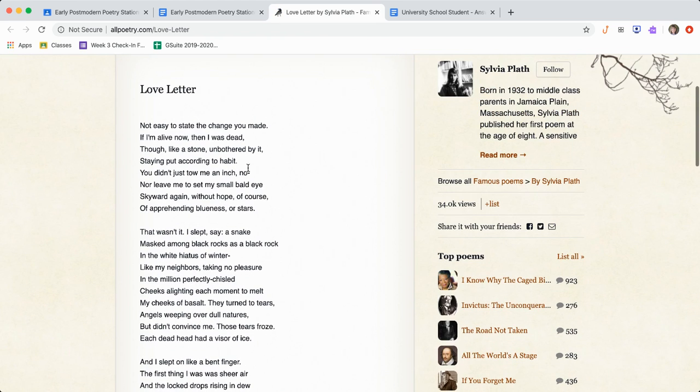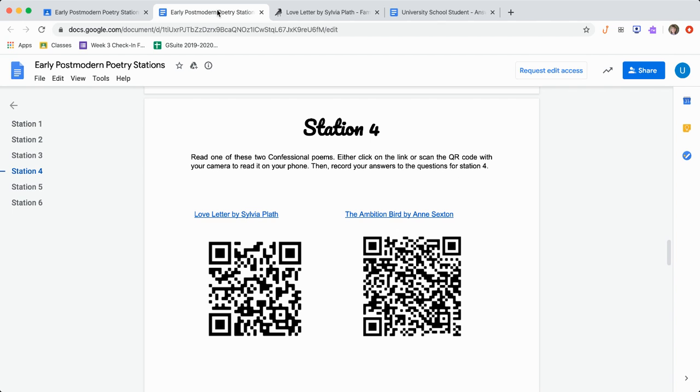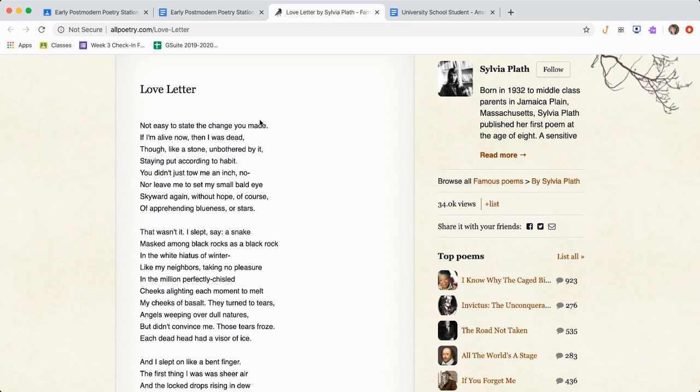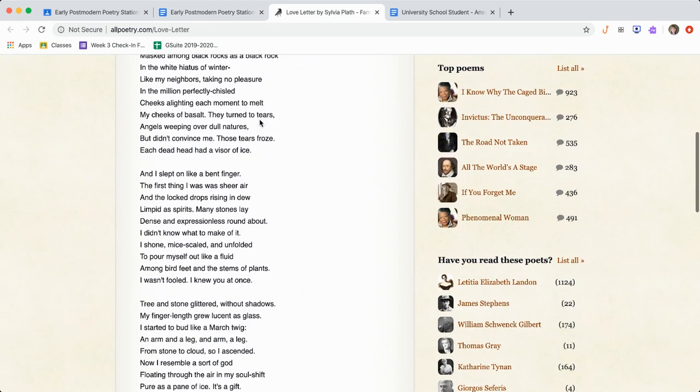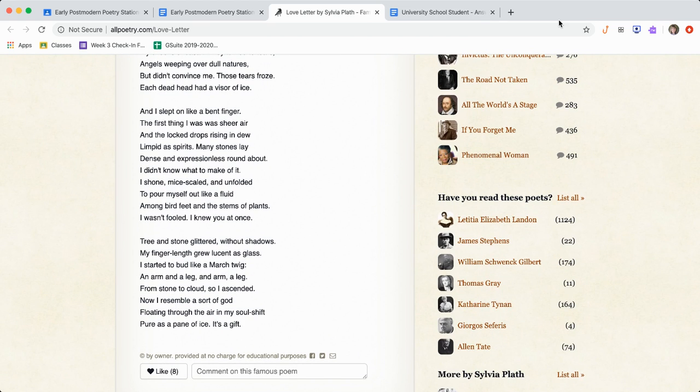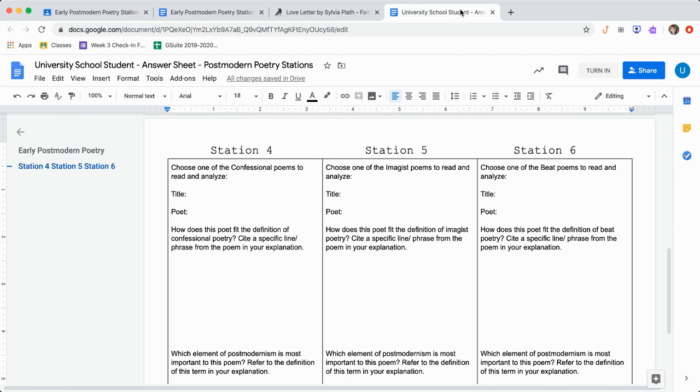On the other hand, if you would rather read that on your phone, you can scan a QR code by opening the camera on your phone. And that's just if you feel like you're getting too many tabs open on your computer, or if you just prefer to read that on your phone. So say I'm going to read the Love Letter instead of Ambition Bird. I'm going to read through it here on this web page, and then I will click back to